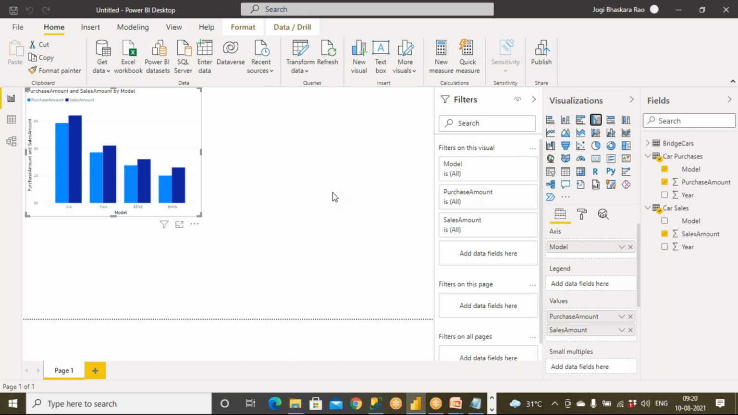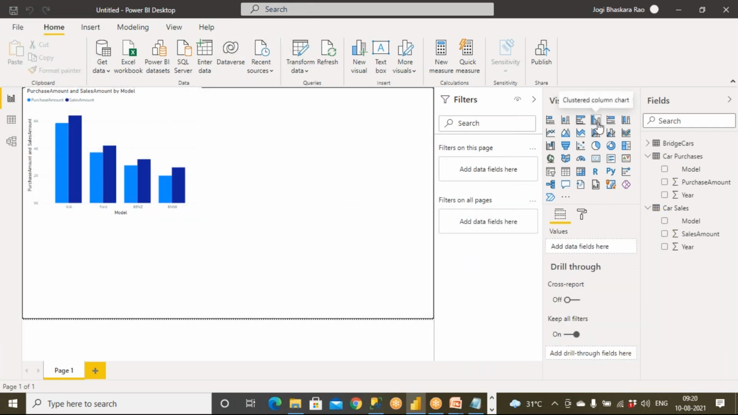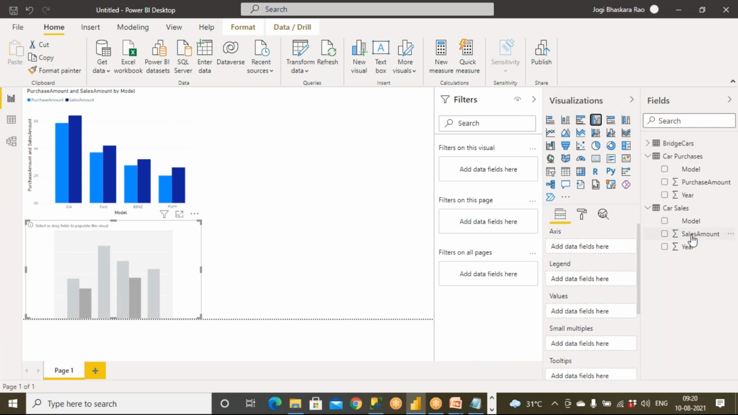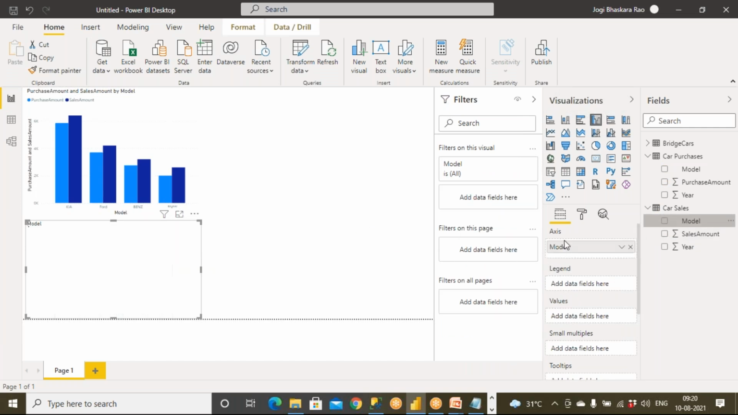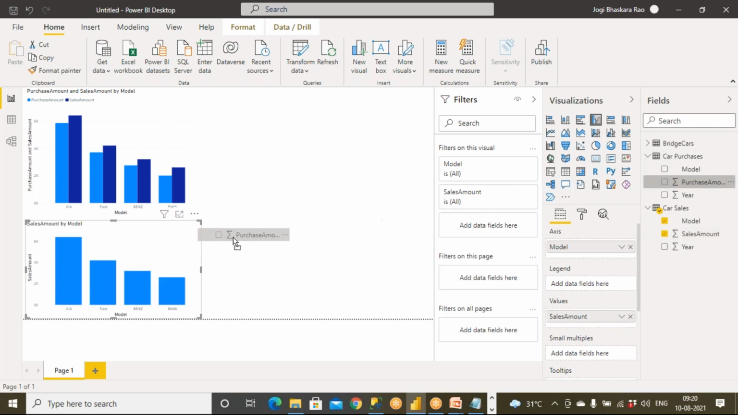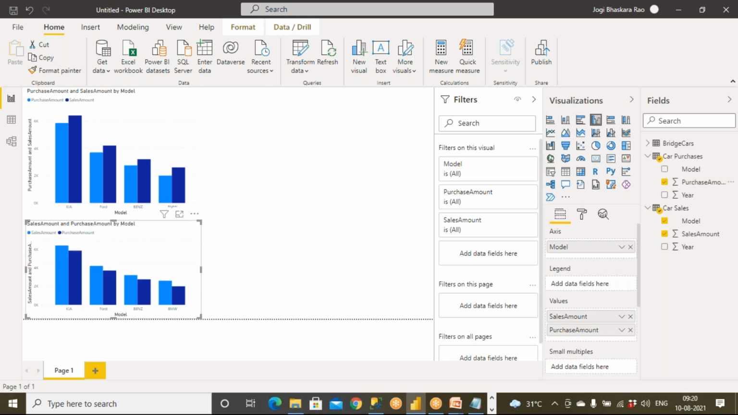Double click on this. Let me drag and drop one more here. This time I take this model, I take this sales amount. I wanted to go to purchase amount as well here. So this time this is also working perfectly fine. So first one is,